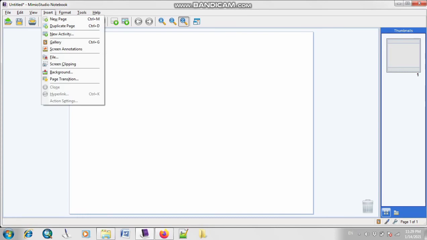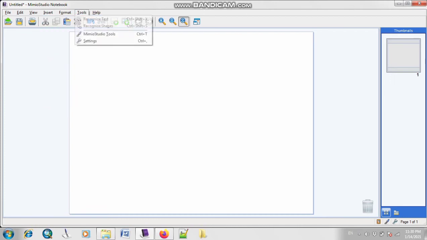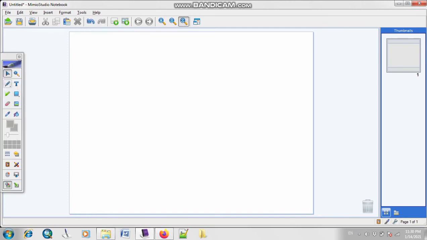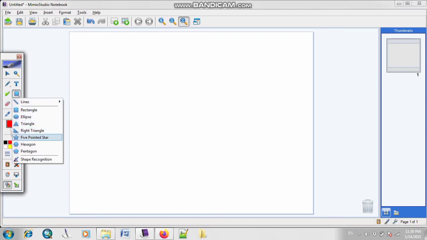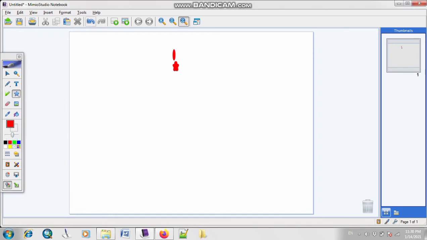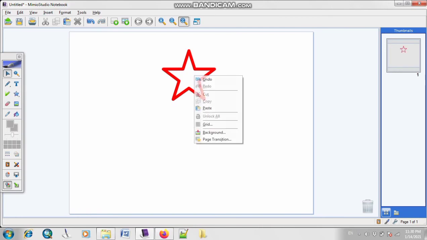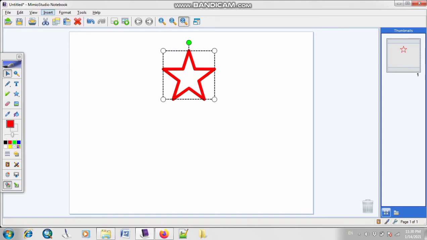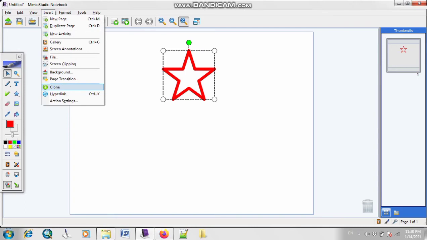And now the next option is clone. To enable clone, as you can see, this is not enabled right now. If you want to enable it, you have to open your tools. So I'm just going to click on this option of tools. Tools will appear here. Clone is basically used, for example, if I have multiple shapes here, let me type star. If you right click, you will also find it here. You simply have to select this, click on insert. As you can see, now the option of clone is enabled.